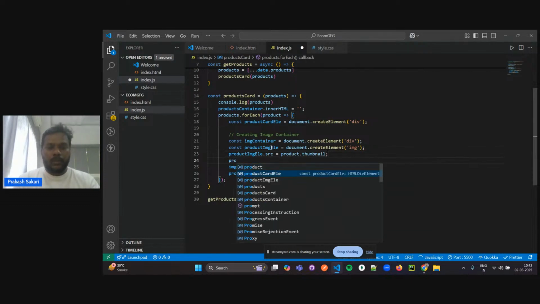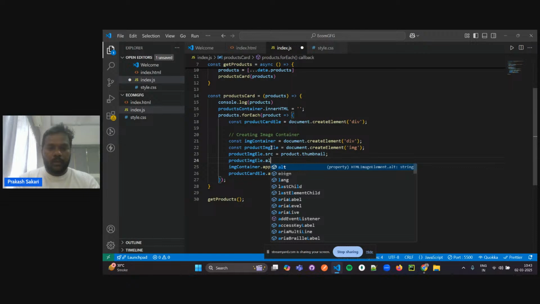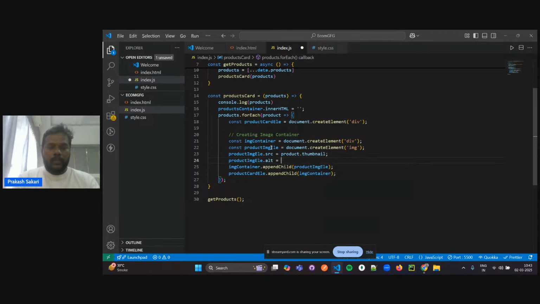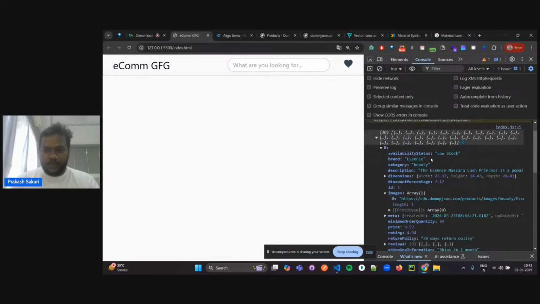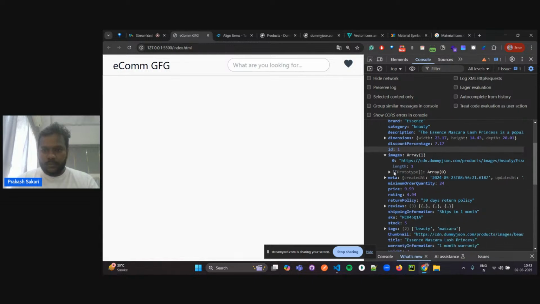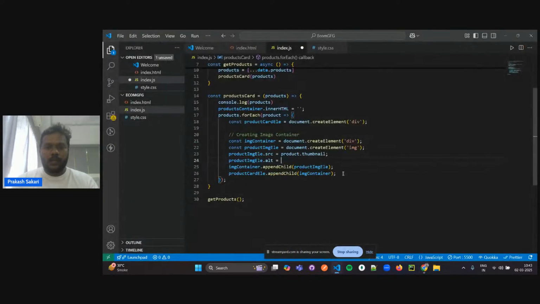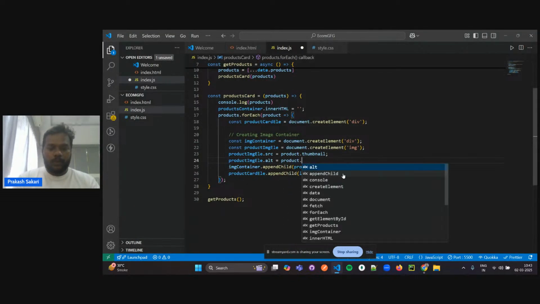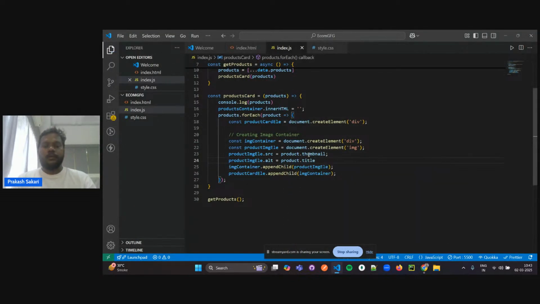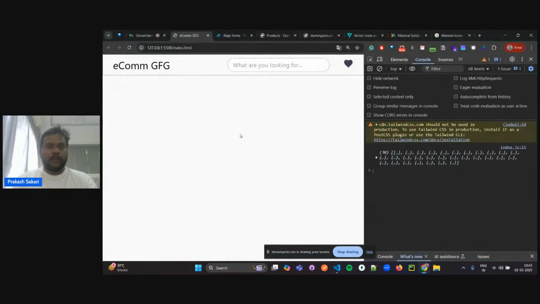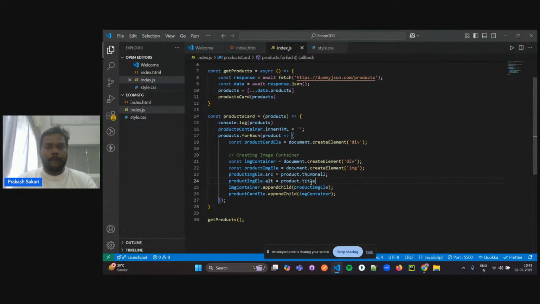I will also add an alt, so I'll just write product image element.alt equals. So what the alt would be, the name, right? So over here, there should be a name also. Is there a name that it has? It has title. So I'll just write over here product.title. Okay, so let me see what it does now. If I refresh this,